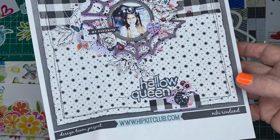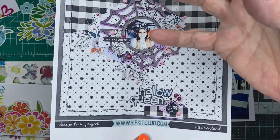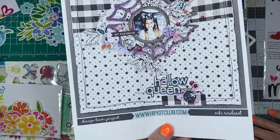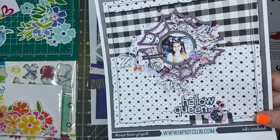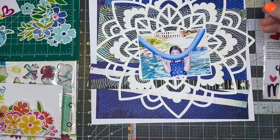So I'm going to try to follow most, if not all, of the design concepts, but I'm not doing a Halloween page, and I'm not using black and white, and I'm not using buffalo plaid. So we'll see how it goes from there. What I'm going to do is I've